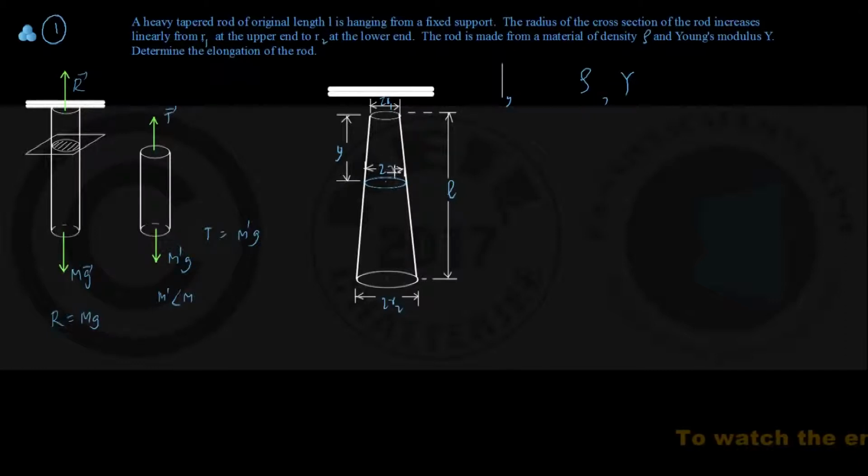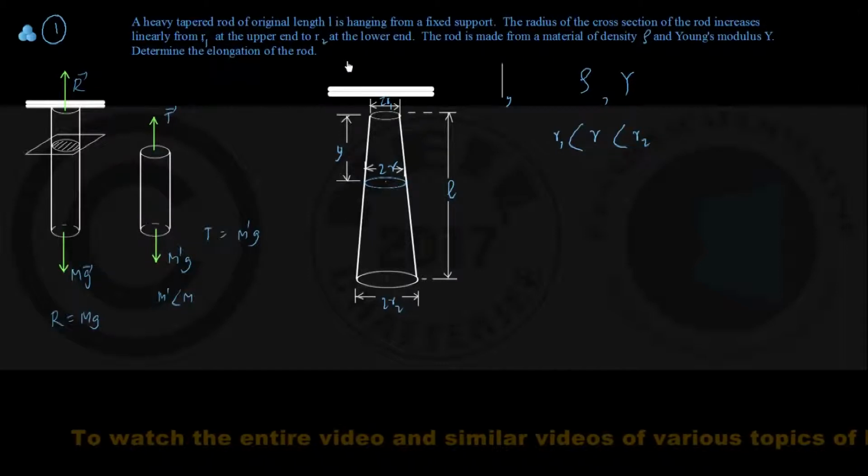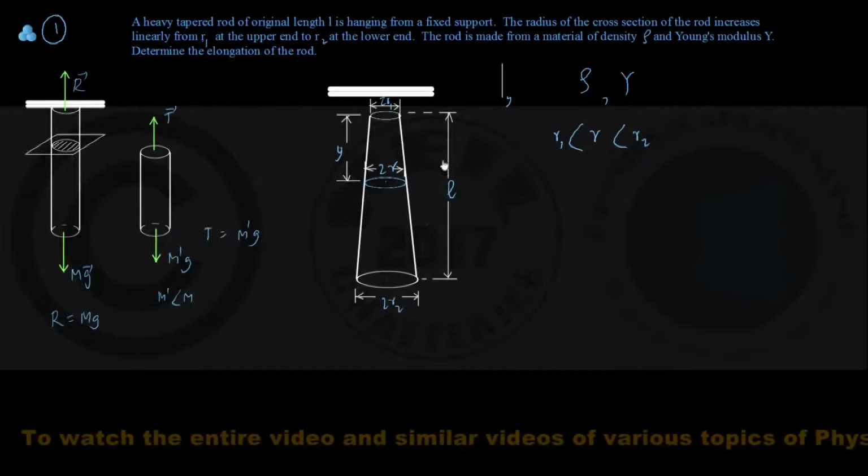and diameter twice R, so that the value of R is greater than R1 but less than R2. R1 is smallest, R2 is greatest, R is somewhere between. R is between R1 and R2. And note also, since they have mentioned the radius increases linearly from R1 to R2 over a length of L, we get an important